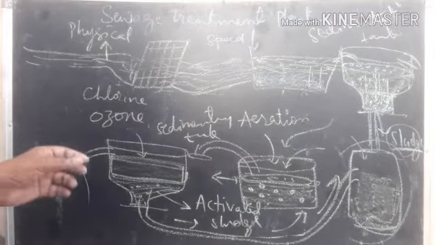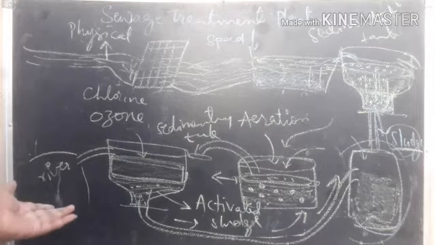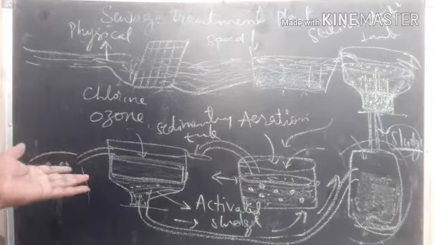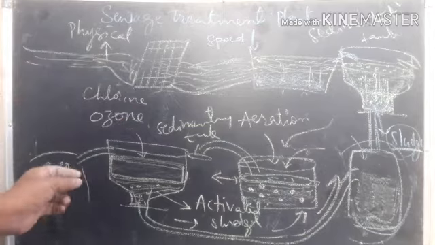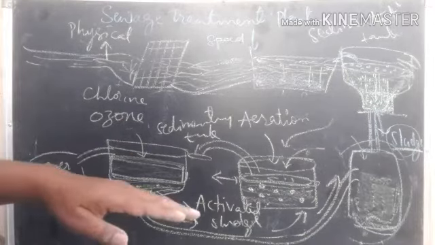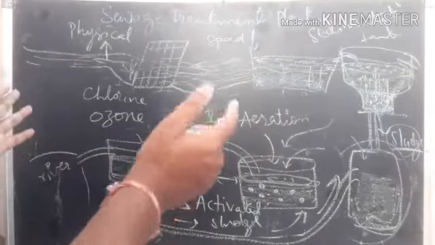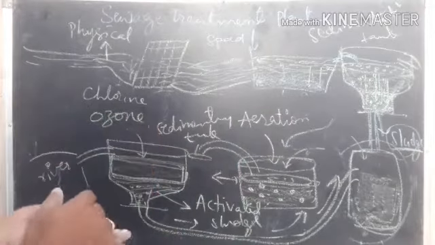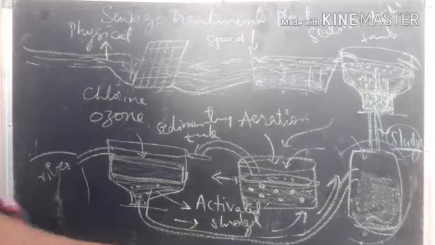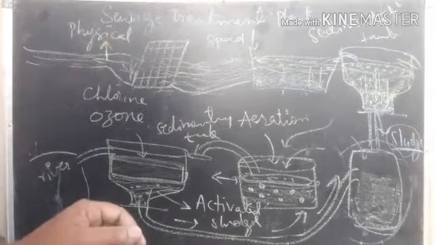Now this pure water is allowed to enter into the water body, or otherwise it's sent to the local government tank, what we call the municipality tank, from where we get the tap water, right? However, by adding disinfectants like chlorine and ozone, we completely kill the harmful microbes, and the water becomes purified. This treated water can be released into water bodies, or otherwise into rivers. So this is the story of what you call a water treatment plant.